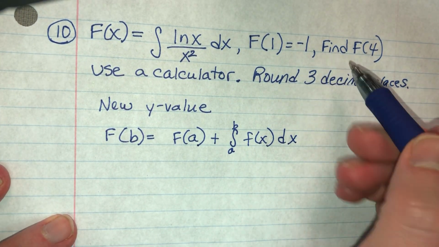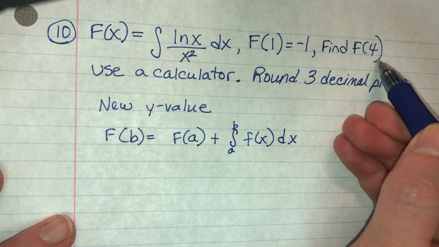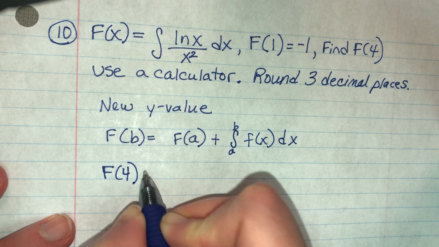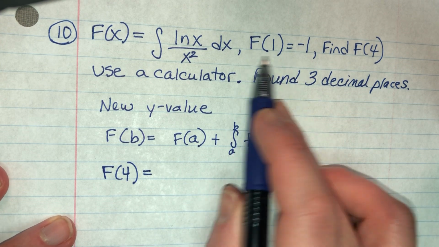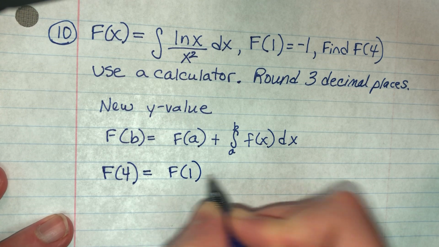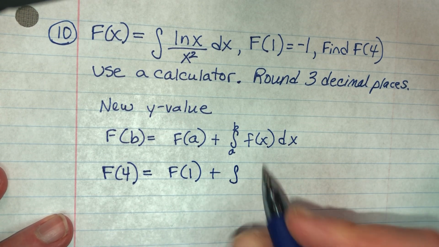Whichever one they're wanting you to find is going to be the f of b. So we're going to say f of 4 equals, the one they give you is your f of a, so f of 1, plus the integral from,